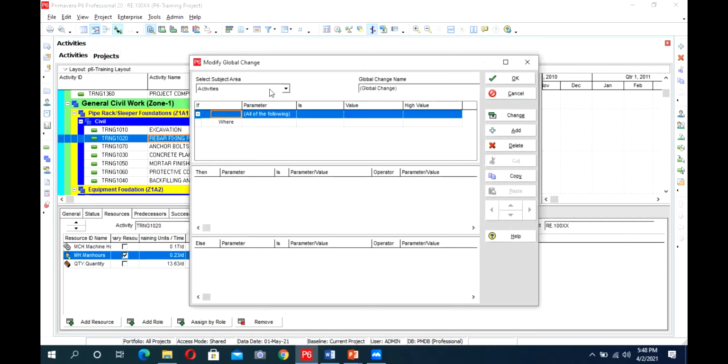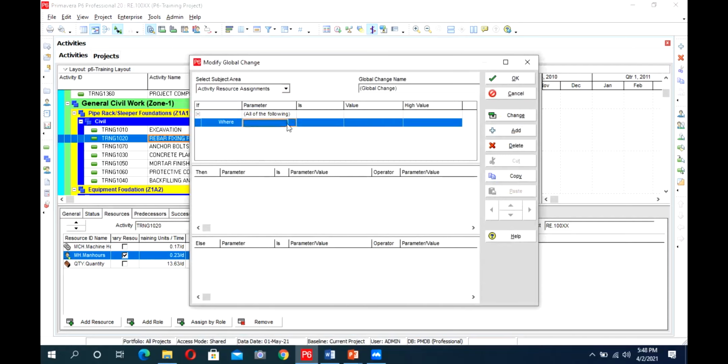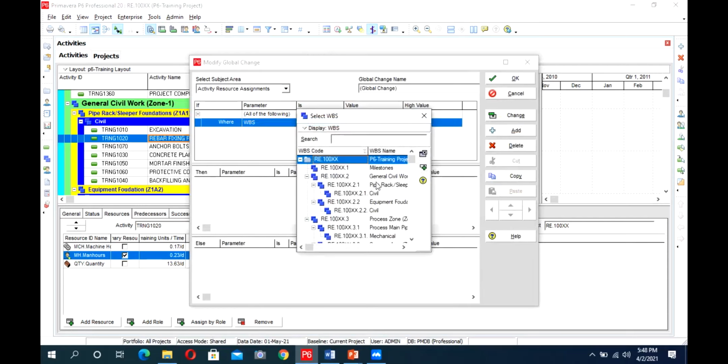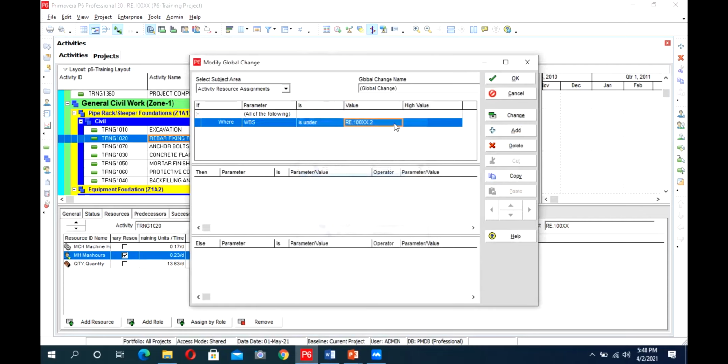change here, and we want to have this change on resources. So I will select activity resource assignment from here. I will give a logic where our WBS is under, and from here I will select a WBS value. I am saying that where our WBS is under this node, then what will happen?